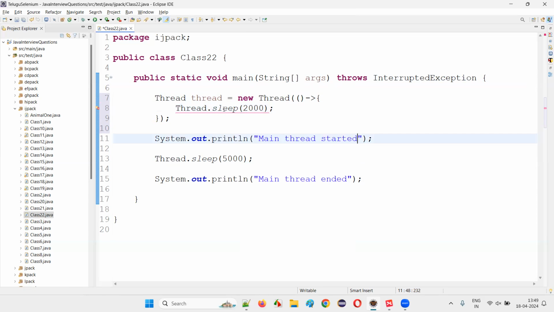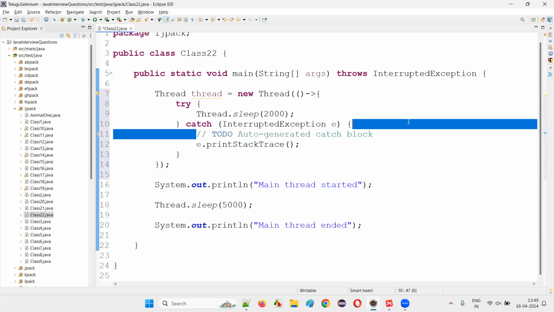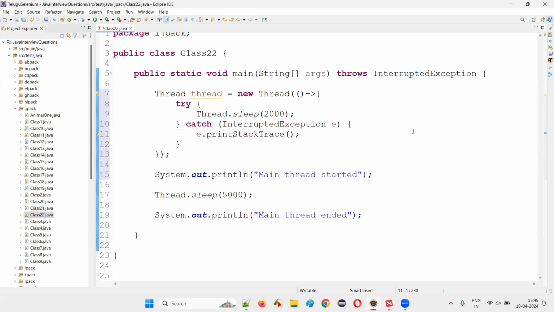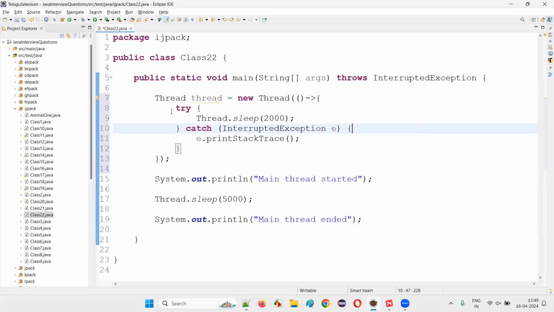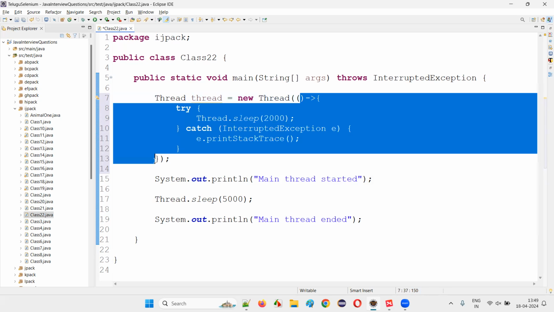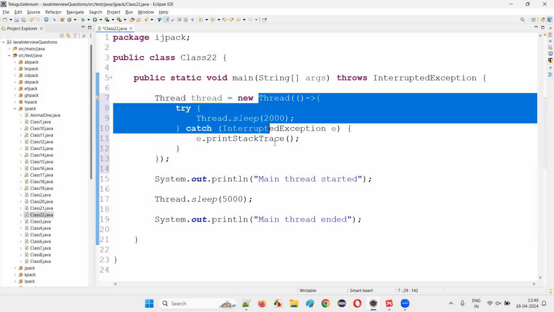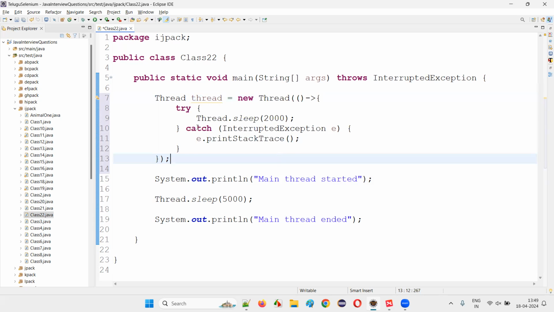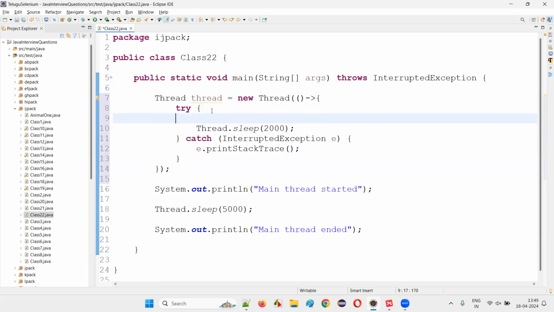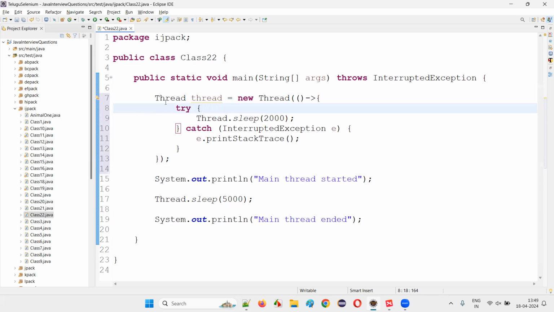Here I'll get the suggestion to surround with try catch block, so I have surrounded this with a try catch block. The program may look complex for you, but these are the statements that are inside this nameless function, which are passed to this thread constructor. So fine. And here, whenever I want to start a thread,